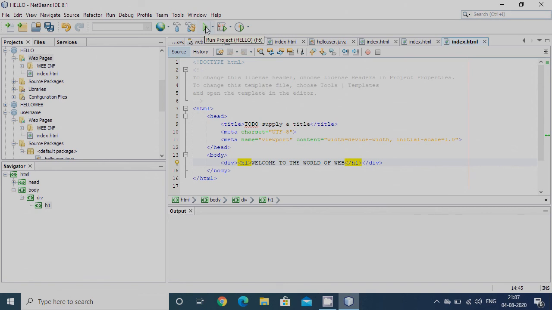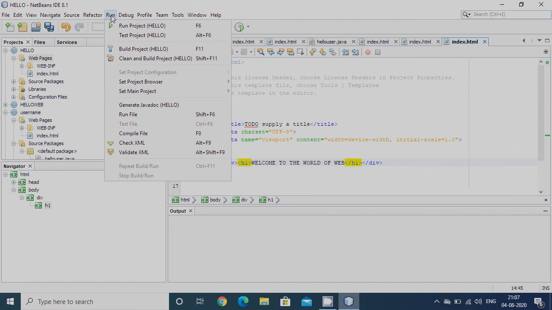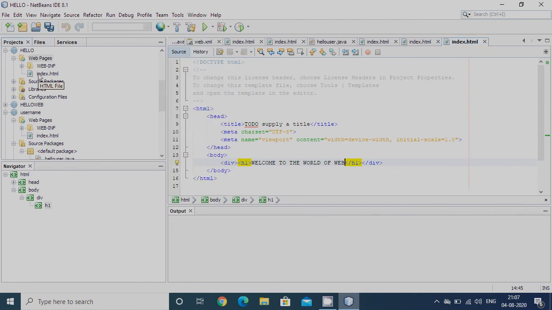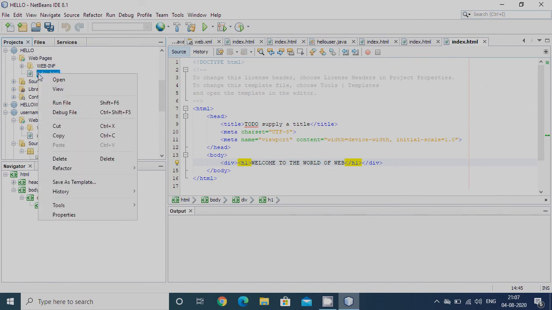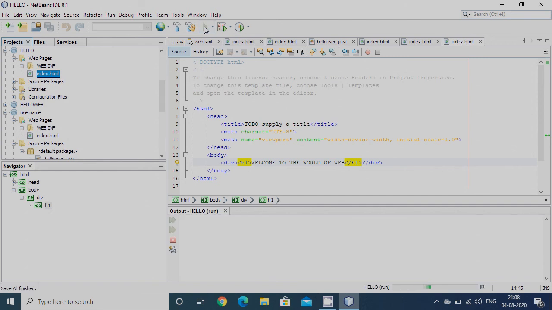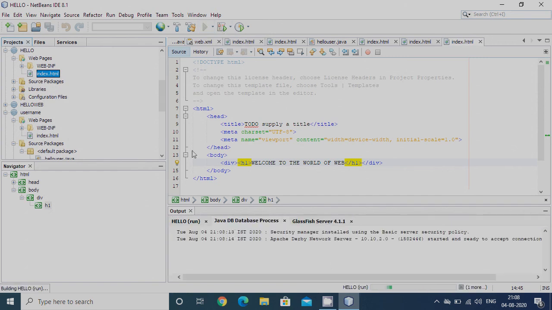One, you can press this icon or press F6 from the keyboard, or go to the File menu and select Run Project, or go to the name of the file index.html in the project window, select it, right click it, it will show Run File, select it or press Shift plus F6 from the keyboard. So I am selecting this button. Once pressed, you can see some changes in the output.